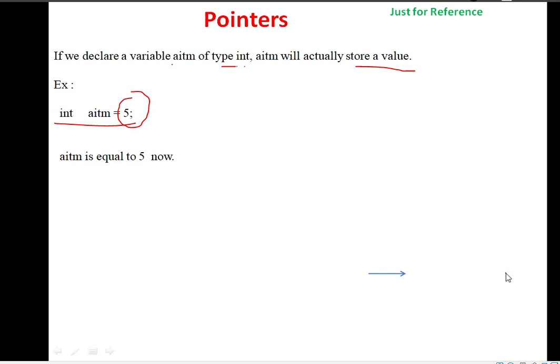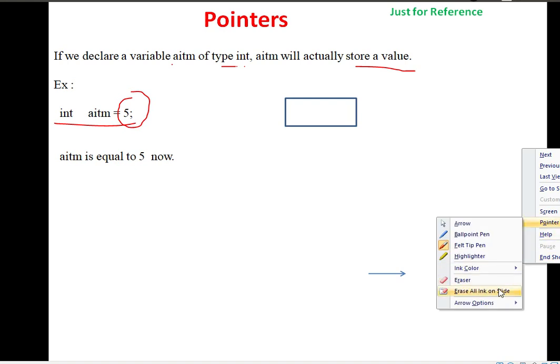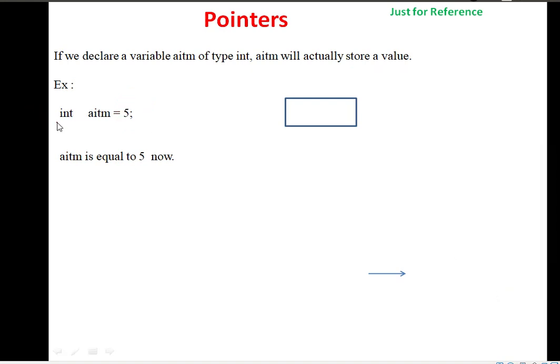Okay. How will it store the value and the address? If you type int, memory will be allocated, 8 bytes or 4 bytes. Then aitm is allocated as the variable name.